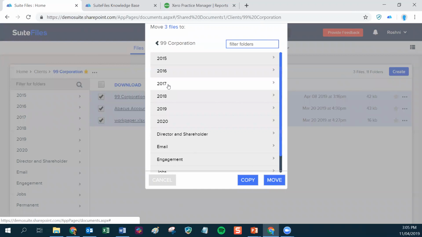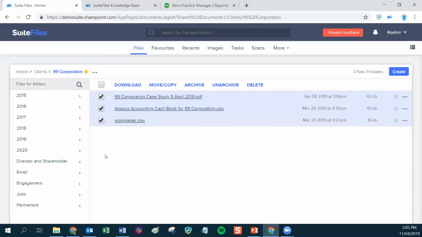So again, you're taken to that exact same interface where you can navigate through. Really handy if you're just wanting to shuffle things around within, say, one of your client folders. This is an option to use. However, the keyboard shortcut that we have